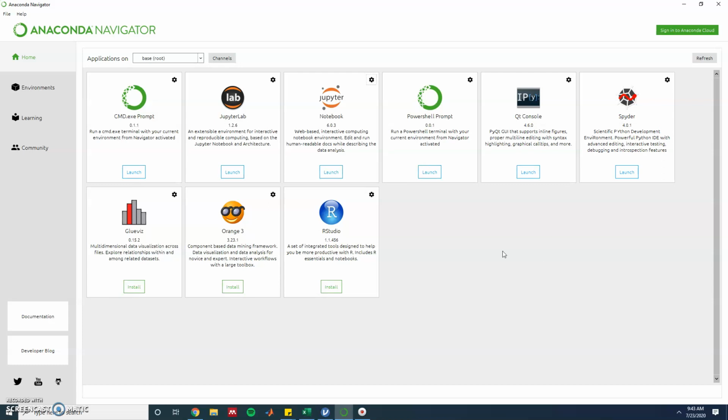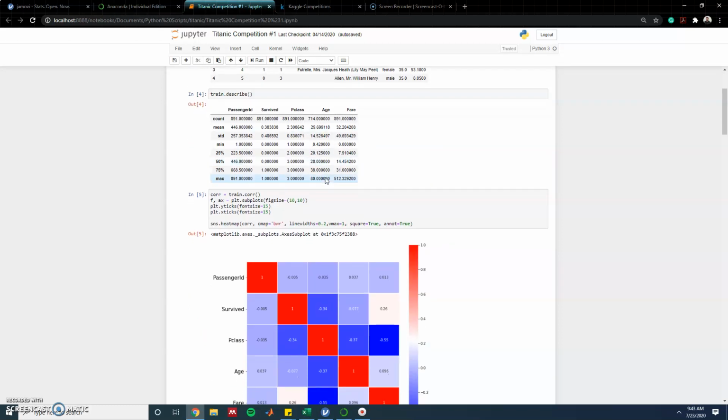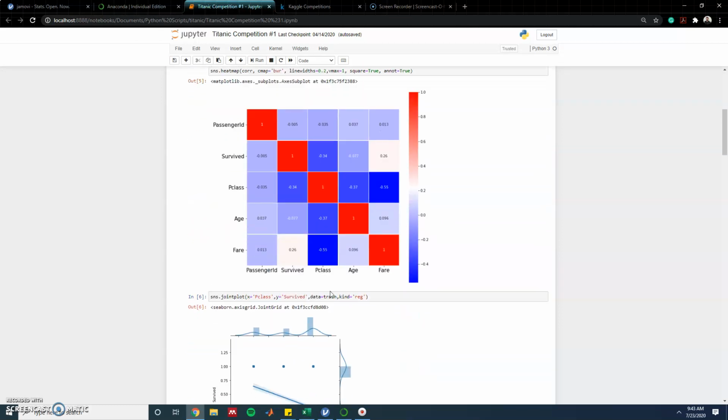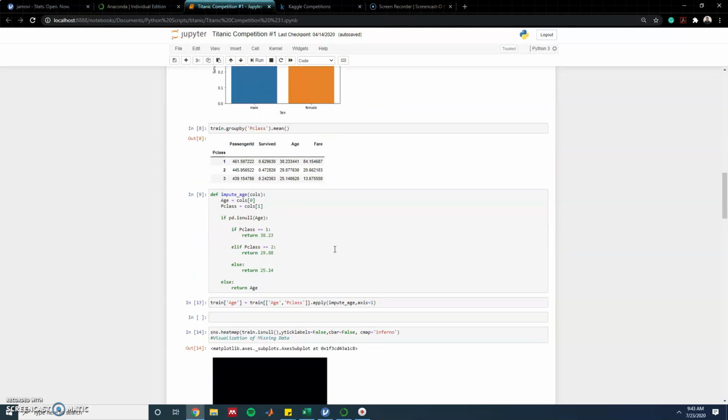What I use the most is Jupyter Notebooks, which lets you do your Python in a web page using HTML. It's really nice and easy to use. You just type in your code, bring in the data, and it calculates for you using the web